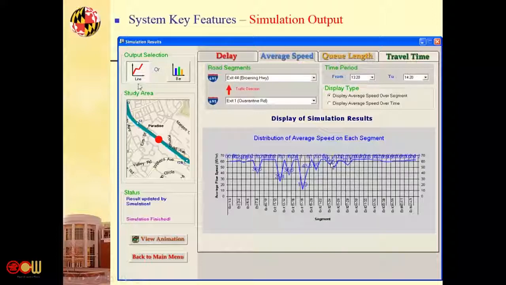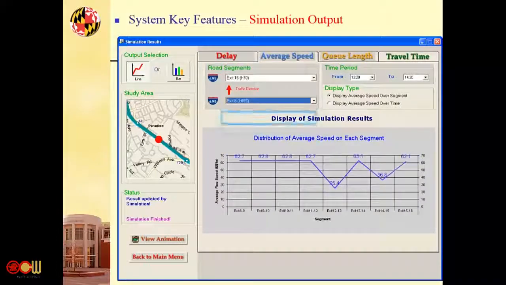You can use the line chart or bar chart to display the possible information. You can use the animation too, okay? You can see the delay and report. This information usually is operated by a control center and allows the operator to broadcast this information to the drivers already in the network. Okay, here you can see the distributed speed is okay up to that accident location, and